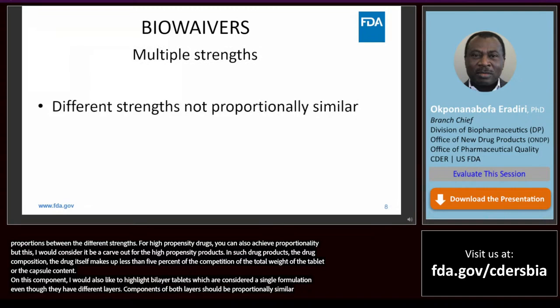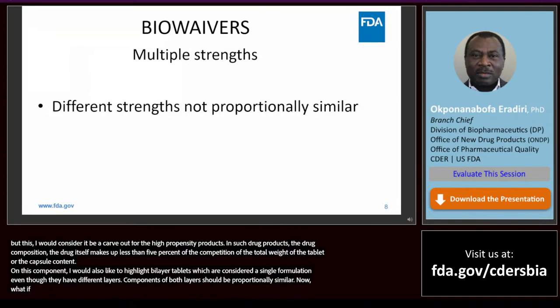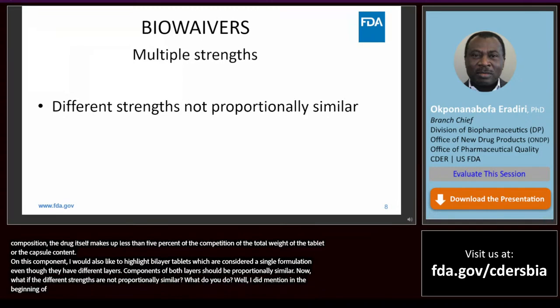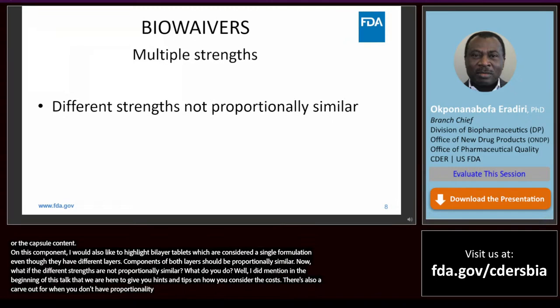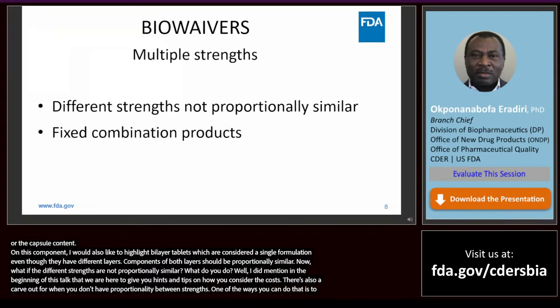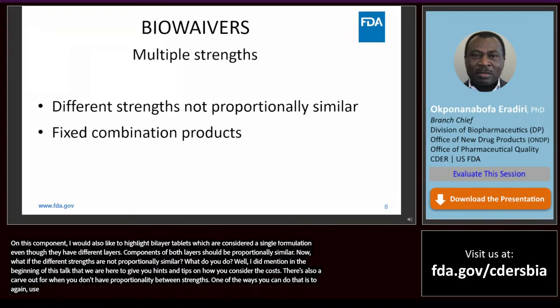Now, what if the different strengths are not proportionally similar? What do you do? I did mention at the beginning of this talk that we are here to give you hints and tips on how you can save on costs. There is also a caveat for when you don't have proportionality between strengths. And one of the ways that you can do that is to, again, use the biowaiver, the comparative dissolution testing